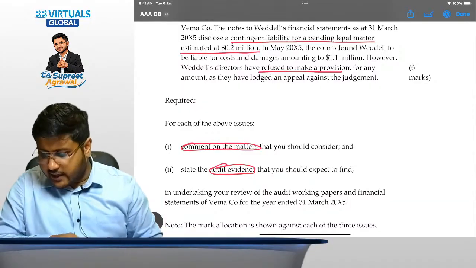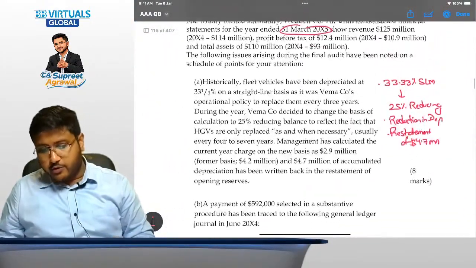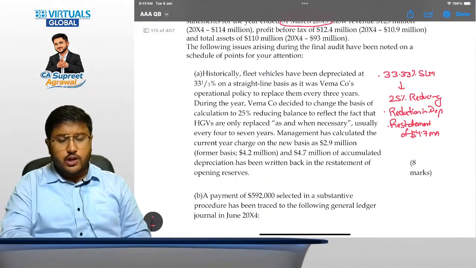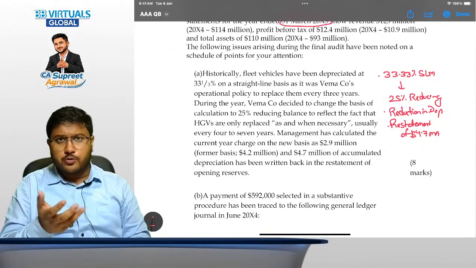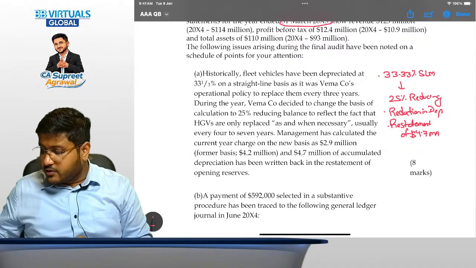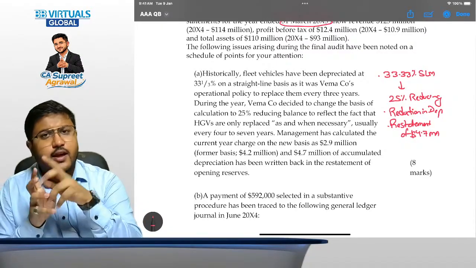Yes, let's start discussing about it. So the first matter that we should discuss, they have already given it, and that is the depreciation part. Now what matters we should consider and what audit procedures we should design, let's discuss it. When I discuss the matters to be considered, what is very important to understand here is